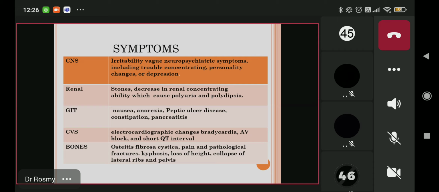Then apart from that, if you come to the kidney, what will be the patient's presentation? Stones. Renal stones are very common in patients with hypercalcemia. And these renal stones are more common in males. As such also, if not a hyperparathyroid patient, the chances of having stones are more, and the gender which is more predisposed is the male gender. So somebody who's already having hypercalciuria is also predisposed to having renal stones.